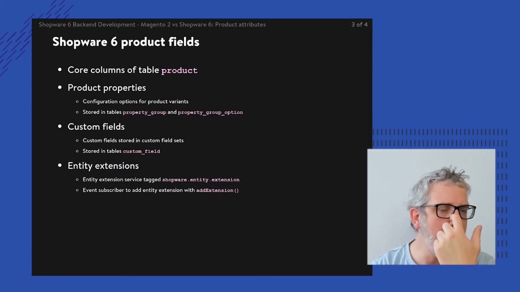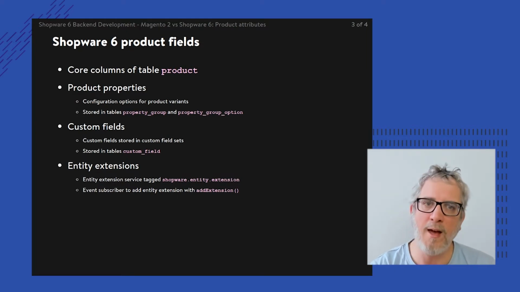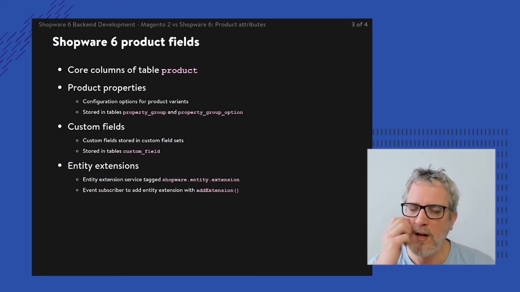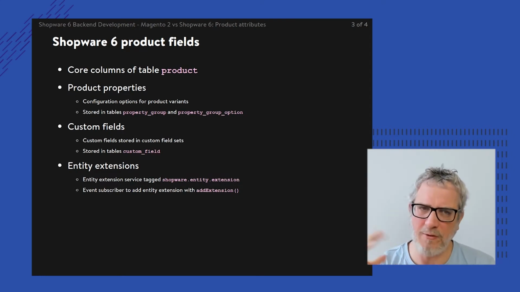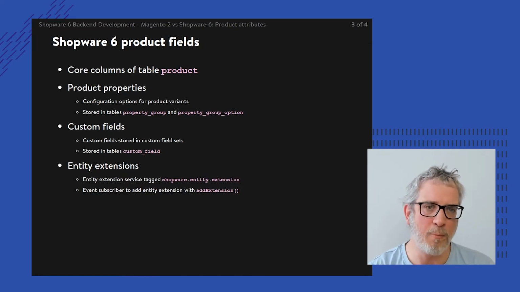Now, the first group here is just the bare bones core approach, that there's this table product. It's not an EAV structure, it's just a flat table. And within that flat table, we have columns. So that's shaping up the possibilities of a product, like a product number, a product ID obviously, a title, and a couple of other things. And then there's still the translation bit to take into account, but it's database based. Now, on top of it, we can also add something called product properties.